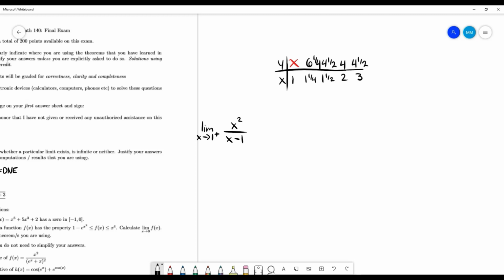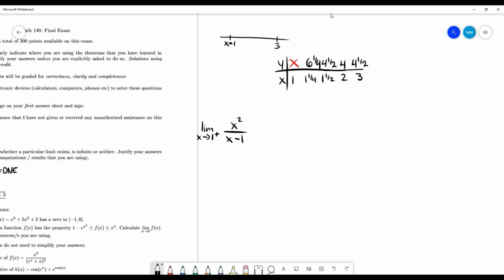And while that may not be immediately clear as to what that limit is, I want us to look at how much it's changing. Like what, I guess the slope would be the right word there. So I'm going 4, 4 1/2, that's a really small change. But then even though I went a very short distance away on my x plane, I jumped up pretty high, a higher difference than I was jumping up this way, which tells me that as we approach x equals 1, right,